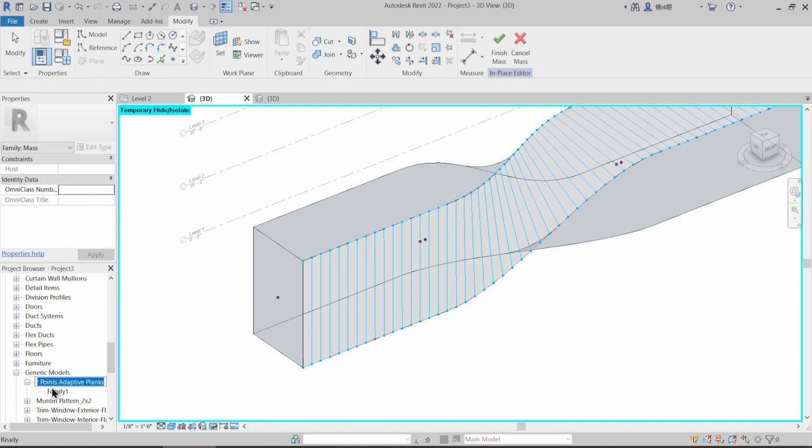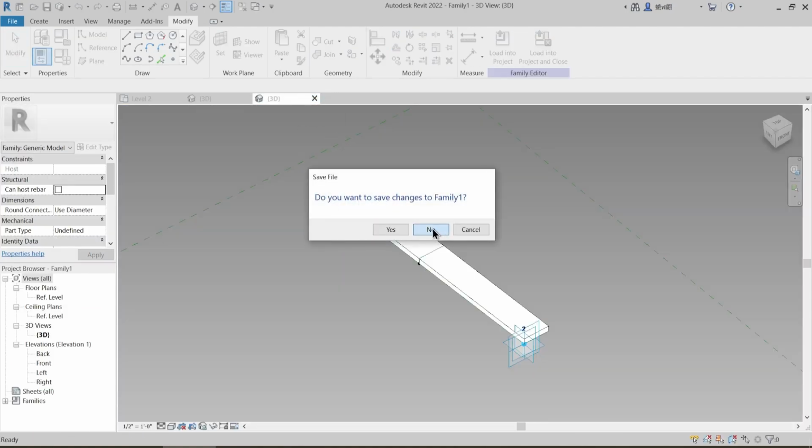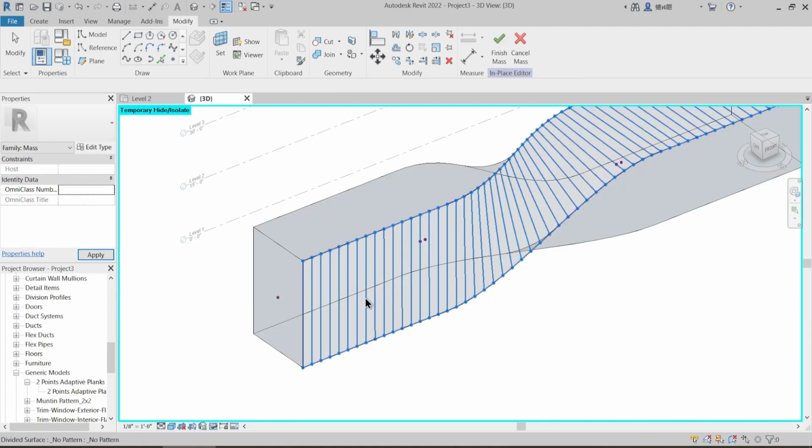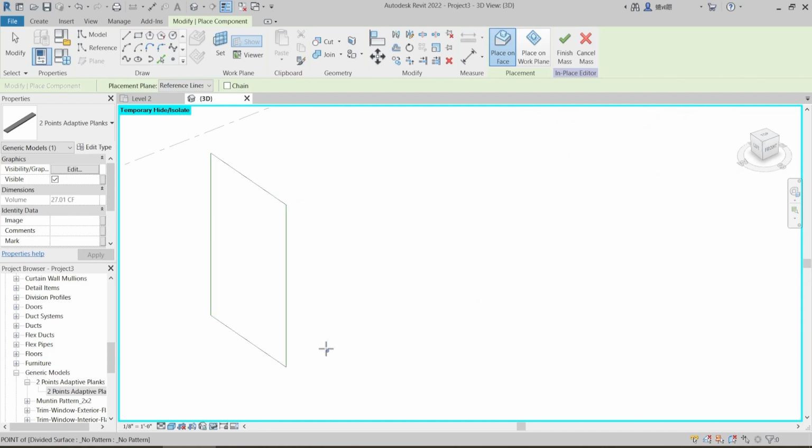Copy and rename. Just close that. We don't need it anymore. It's loaded in the project, and I'll just select this 1